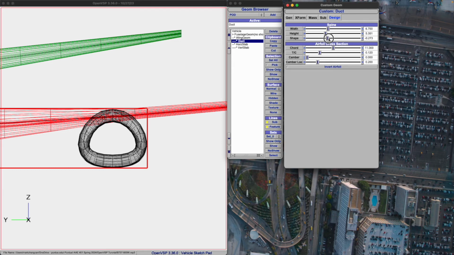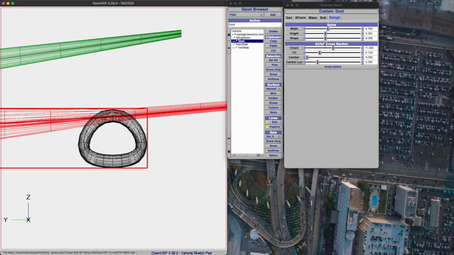So if I change this, right, you can see that if I'm approaching 0, it's a perfectly elliptical shape, and then the shape slider allows me to adjust up and down where the bending will occur. So we'll go back to, right,